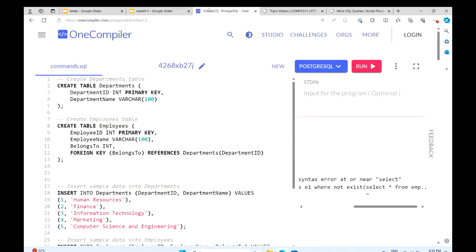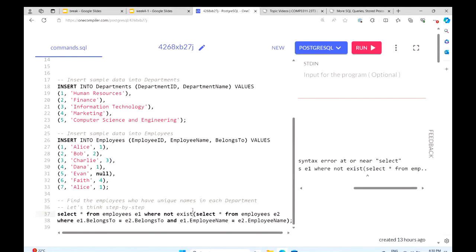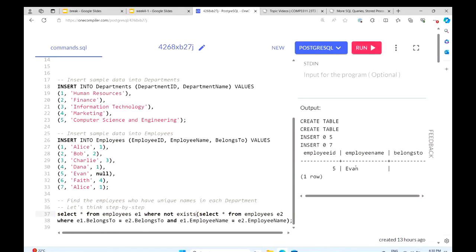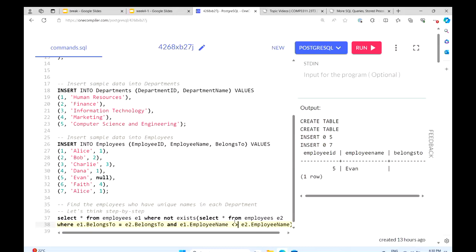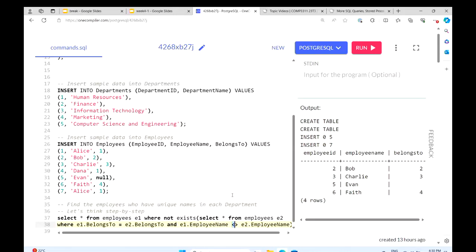Oh, exists. Sorry, I typed the wrong keyword. It exists. And we messed up the second condition here. We should select the employees who have different names. So we should select this one here.